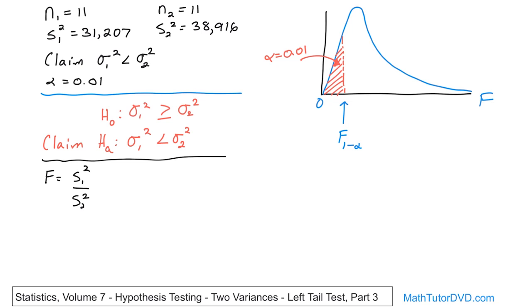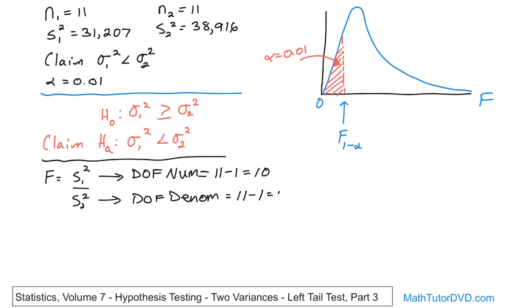S2 squared. Now from the numerator we can get the degree of freedom of the numerator, which is going to be how many samples, which in this case is 11 minus 1, which means 10 is the degree of freedom of the numerator. And then we have the degree of freedom of the denominator, which in this case we actually sampled 11 times in both cases, so essentially it was the same thing, 11 minus 1, which is 10. Now if it were a right tail test, we would go to the chart for a 0.01 level of significance, and we'd read the